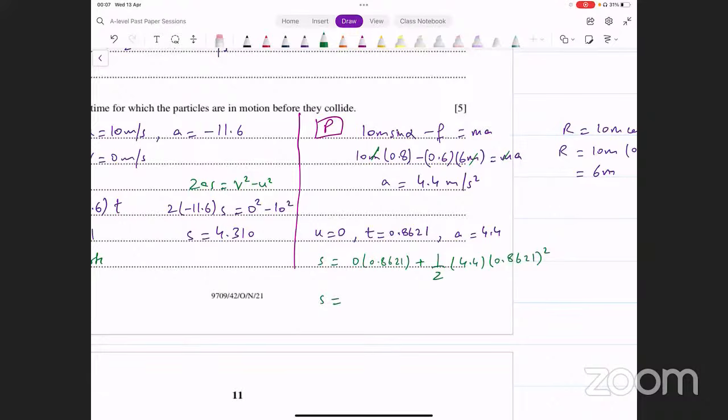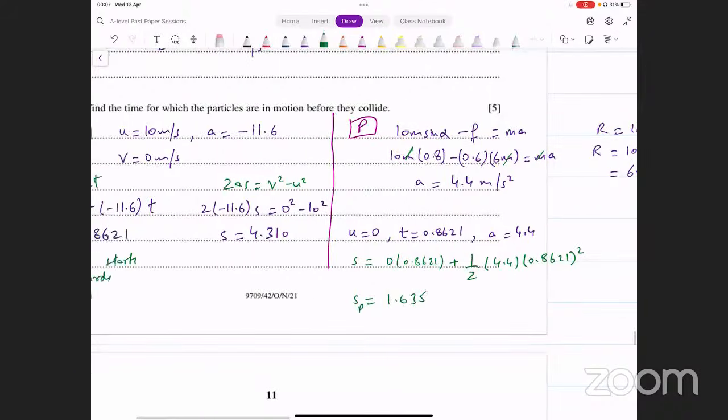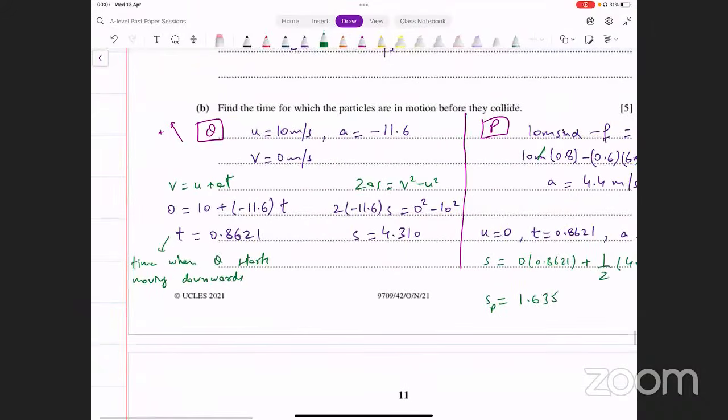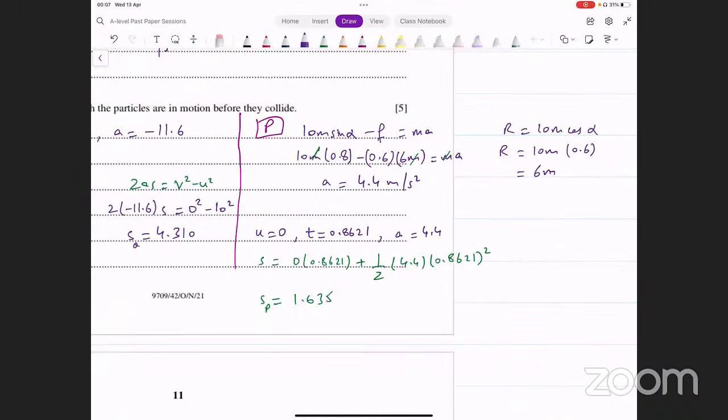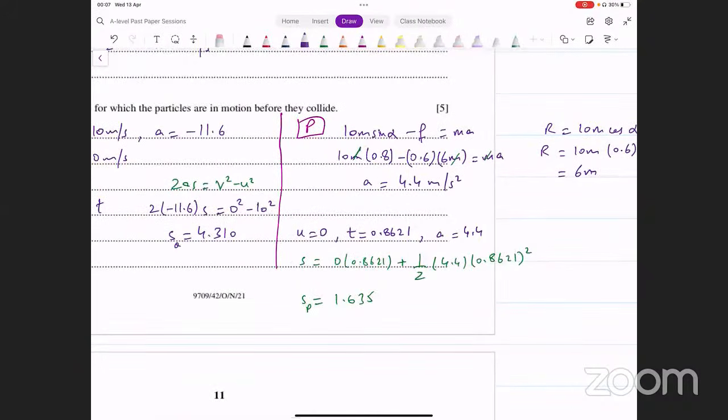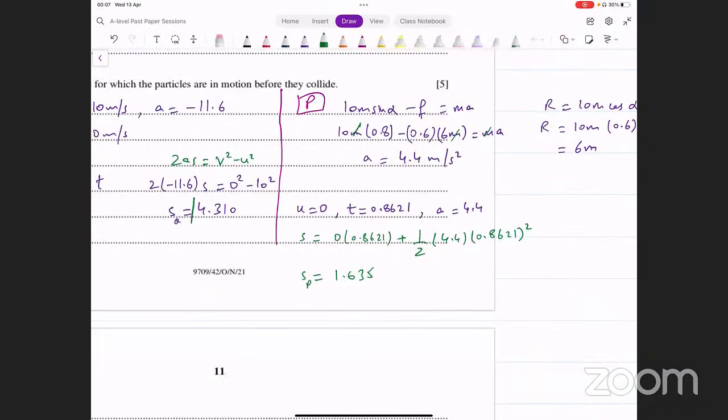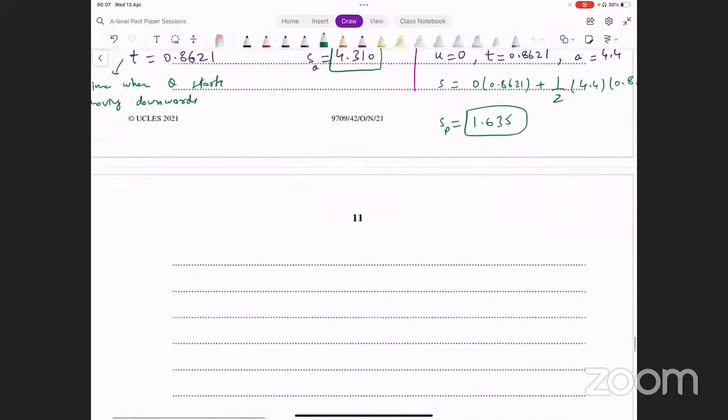ये क्या आता है, 2.2 into 0.8621 का square, I'm getting 1.635. 1.635, this is the displacement of P and this was the displacement of Q earlier. ये उन्होंने travel किया है while Q was moving upwards. ठीक है, जब Q ऊपर जा रहा था, उस time के अंदर Q ने इतना travel किया है, P ने इतना travel किया है, what's their sum, इनको add करें, आपके पास क्या आता है,